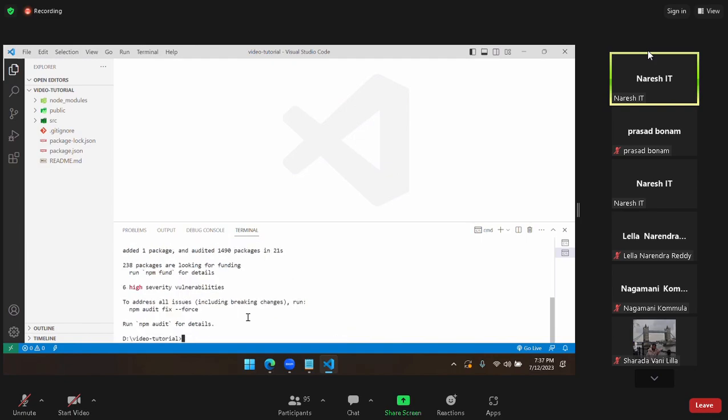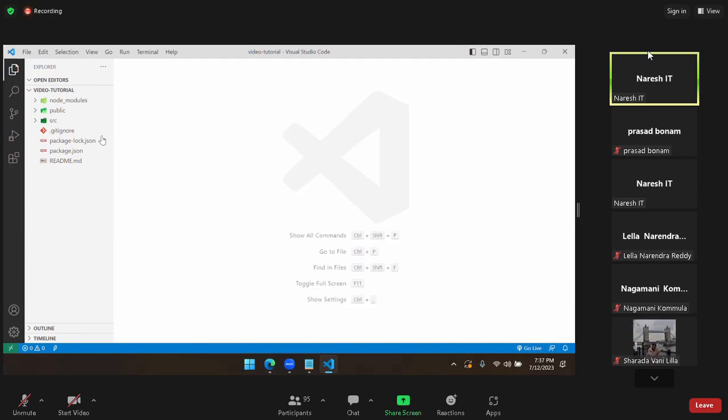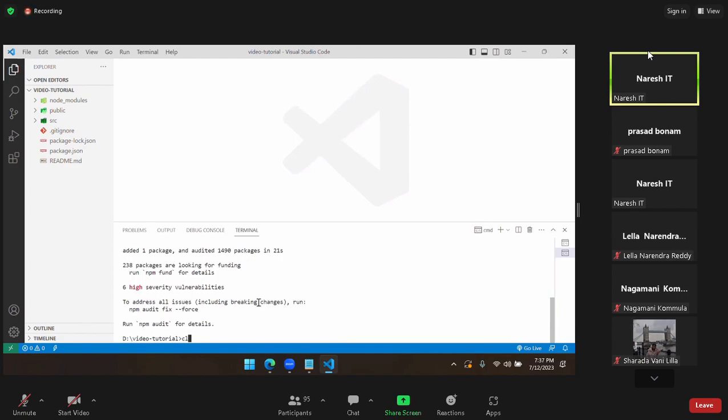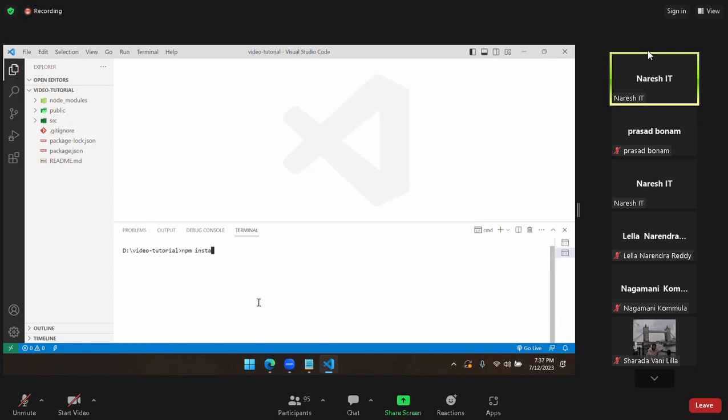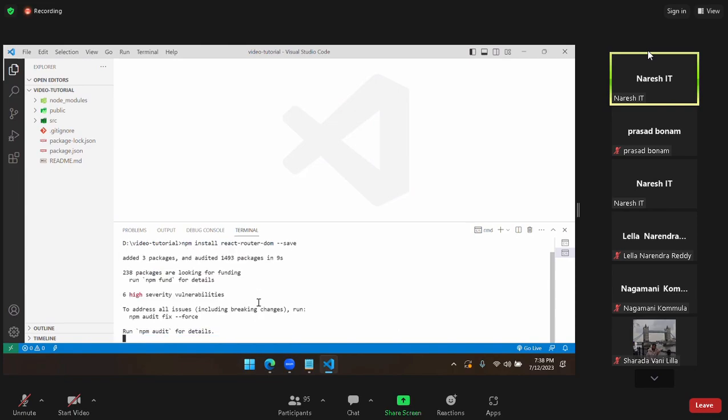Okay, so let's go now. And in this, we need routing related also. Let's add them. npm install react-router-dom. So let's add